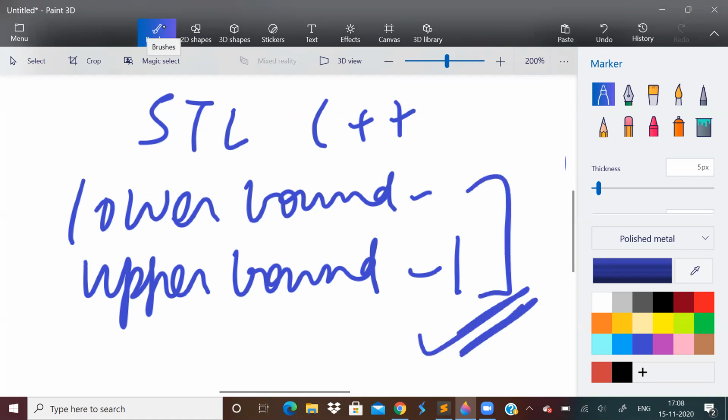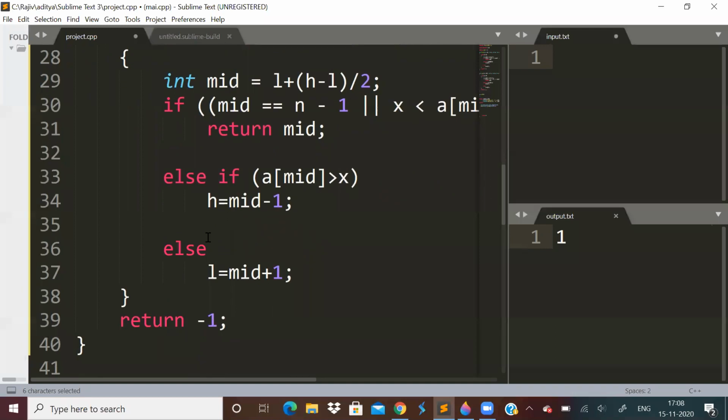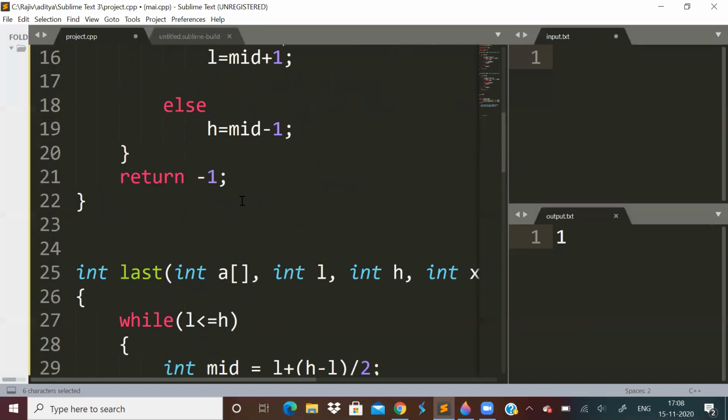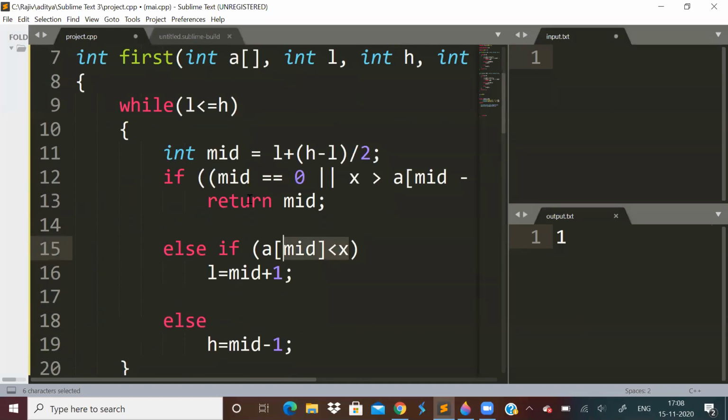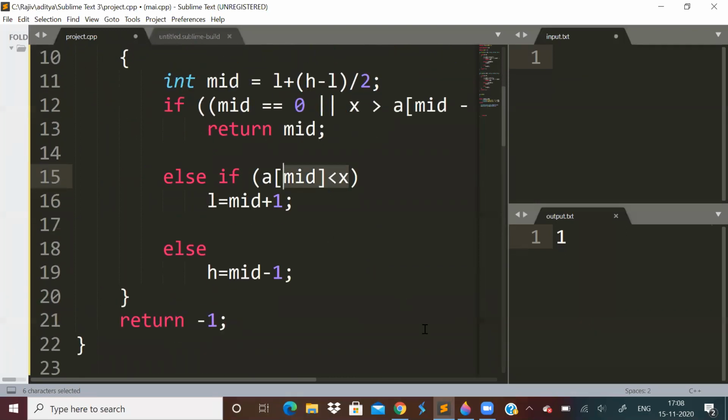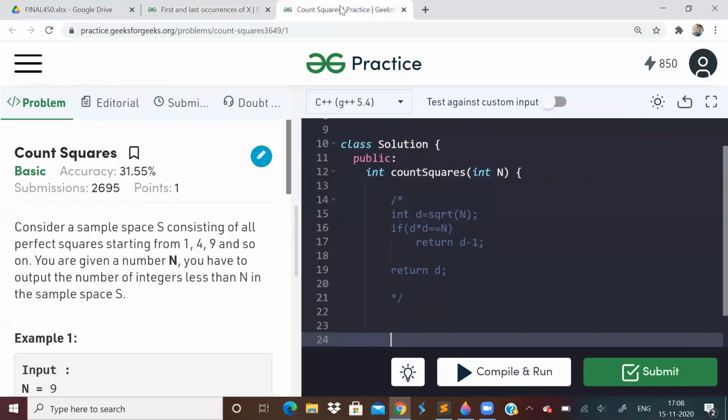But in interviews, they want you to write the binary search code, so they want you to write this. So please understand this carefully. You should know the proper binary search code, otherwise you will not understand this. This is just the application of that only, a very small change.